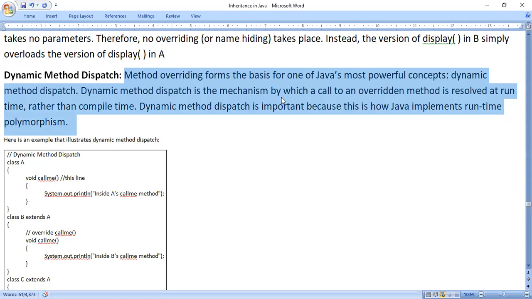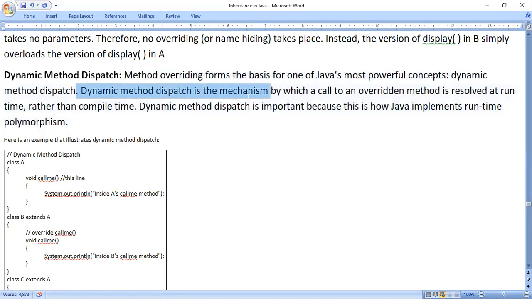There are two things: compile time polymorphism and runtime polymorphism. Runtime means during execution. Compile time means before the program starts executing. So wherever you come across the word compile, compilation, compile time, you have to understand that it is before the program starts executing. And when you come across runtime, dynamic, this is nothing but during program execution. You should not say after program execution. It is during program execution. So during program execution, whatever polymorphism concept we have, that is called dynamic method dispatch.